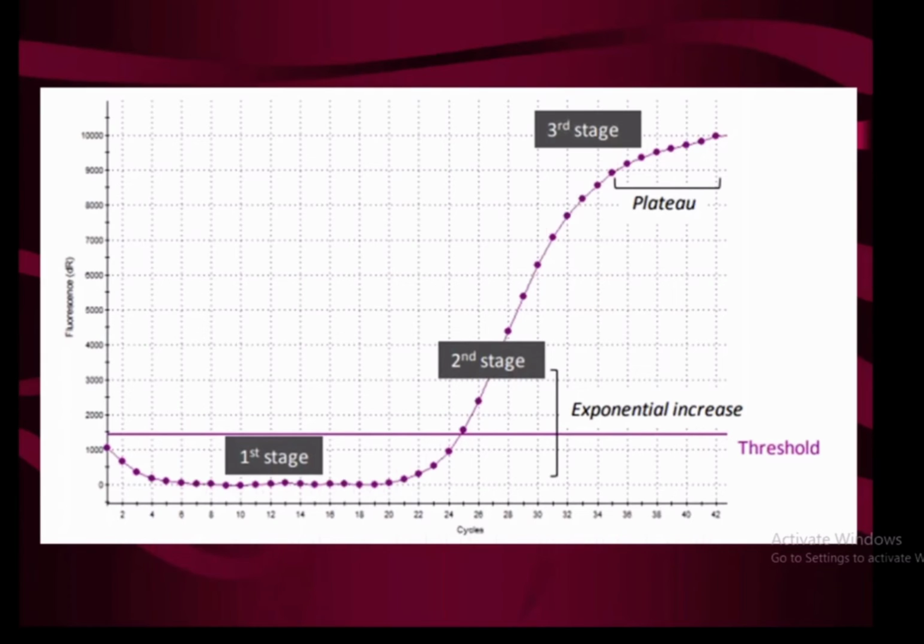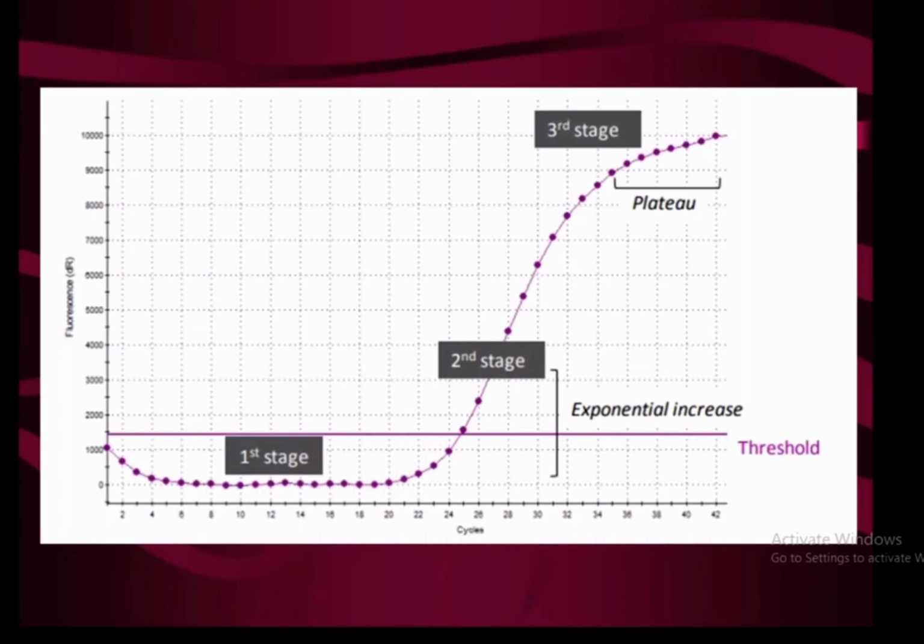So as you can see, at 4 cycles, 6 cycles, there must be some replication going on, but the fluorescence is so minimal. As the number of copies is less, the fluorescence is so minimal that the machine is unable to detect it, and what happens is after certain cycles, suddenly the fluorescence rises because the number of copies of DNA have increased to certain level, minimum level, above which the machine can detect it, and then the fluorescence rises, as you can see from the second stage, which is the exponential phase.